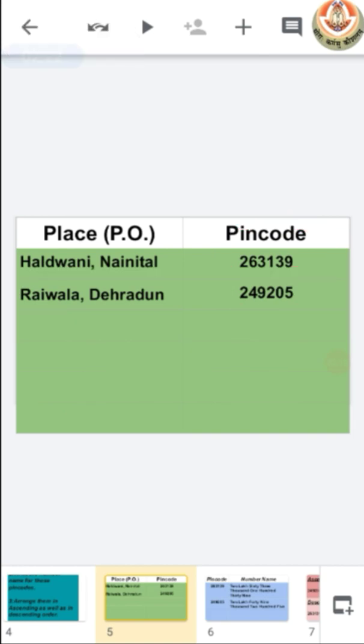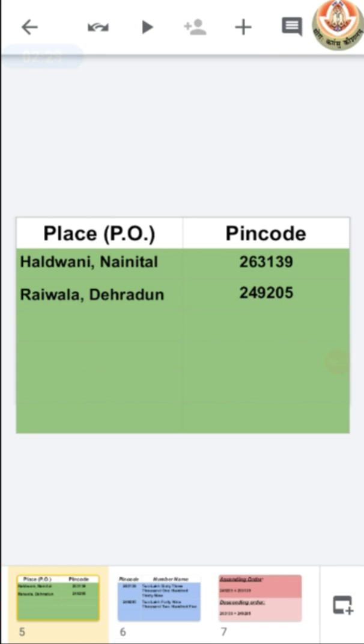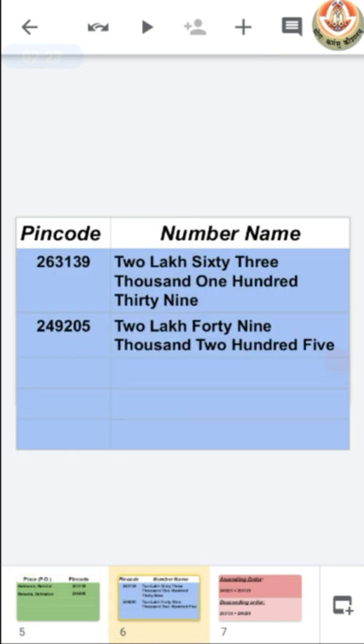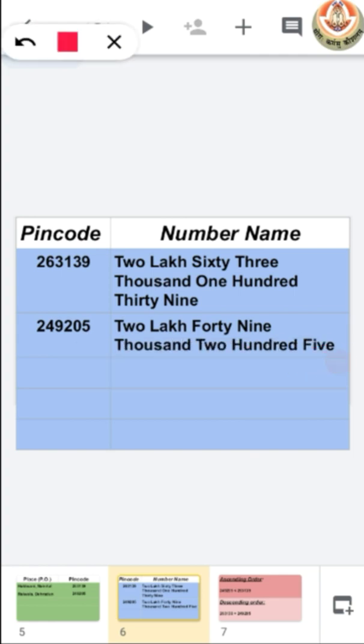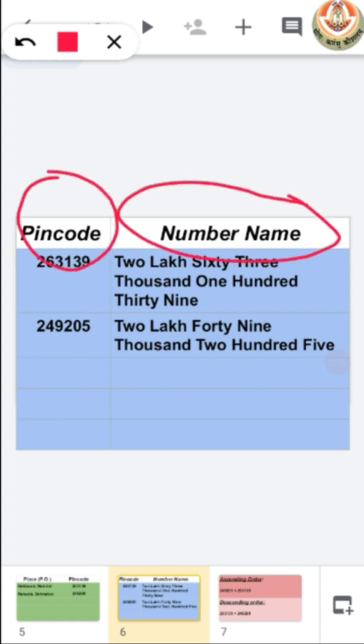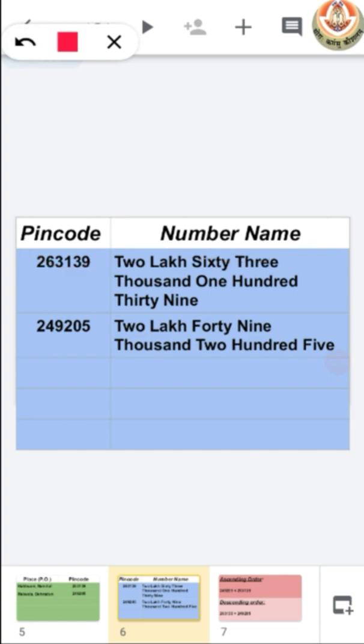Now after this, you have to place these pin codes in another table with one column of pin code and a second one with the number name of that pin code. Now you can see here how we write the number name for each of the pin codes.